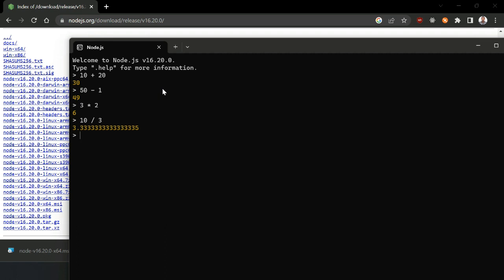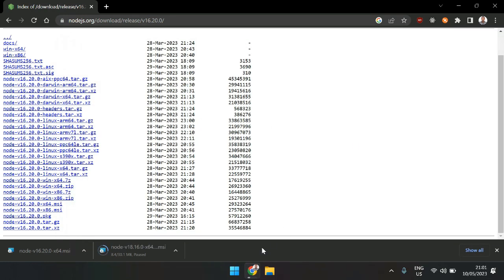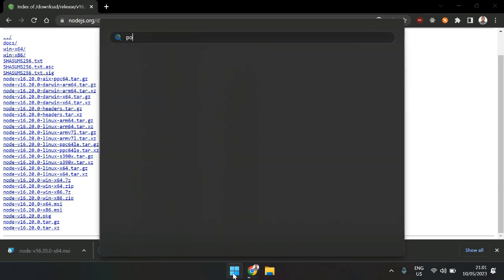It can do all the calculations correctly. What else can we ask it to do? Squares. 5 to the power of 2, 25. Yeah, I think as far as math is concerned, we have the right thing. We don't have a counterfeit product. Close it. Now search for PowerShell,